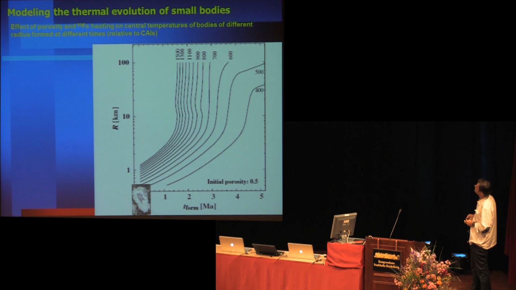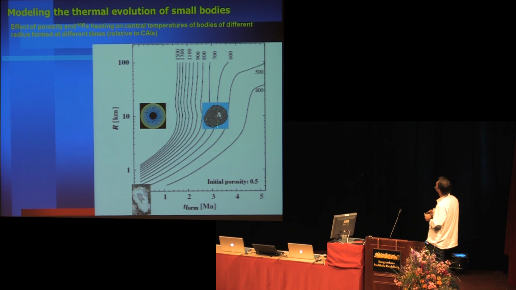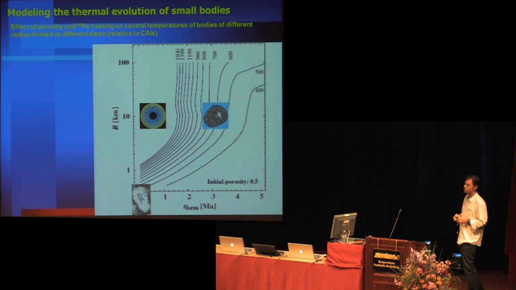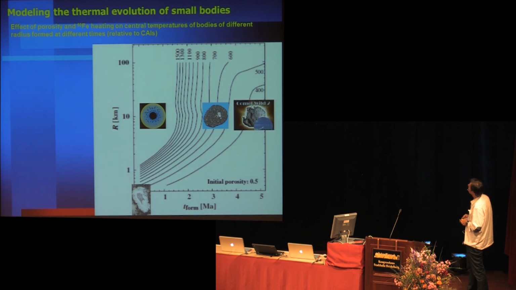And so the formation timescales will be, here you have the formation of CAIs in this region, larger than a few kilometers, and within 2 million years after CAIs, you will have some differentiation or even core formation effects. Planetesimals, like the carbonaceous chondrite parent bodies, were never heated above temperatures in the order of 700, 800 Kelvin. They must have formed somewhere here, unless they had been derived from much smaller parent bodies, and they can form here. A question about comets.